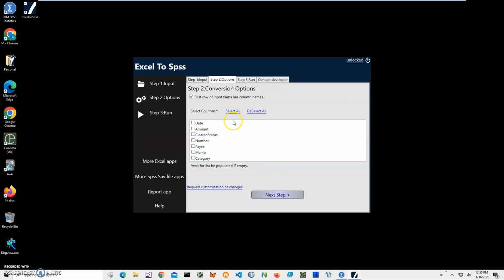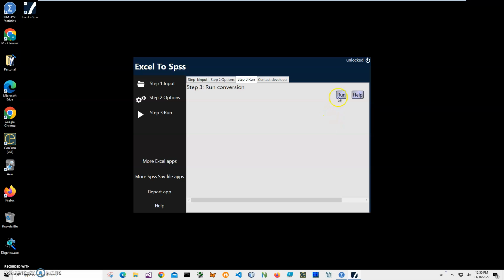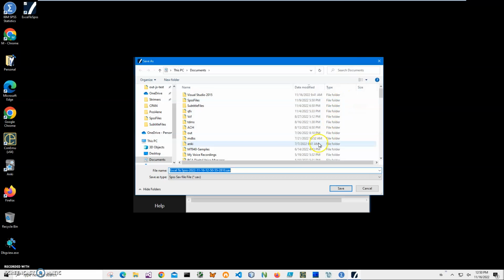Here on this step, I can select columns to import first. And also, if the first row of your Excel file contains column names, it's important to have this checked. Most Excel files usually have column names on the first row. So I'll keep it checked, and I want date, amount, and I know that status, number and memo are empty, so I will import only these four columns. Click on next step, and on the final step I click run to create the SAV file,